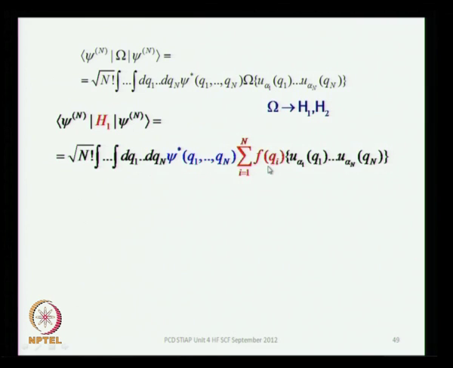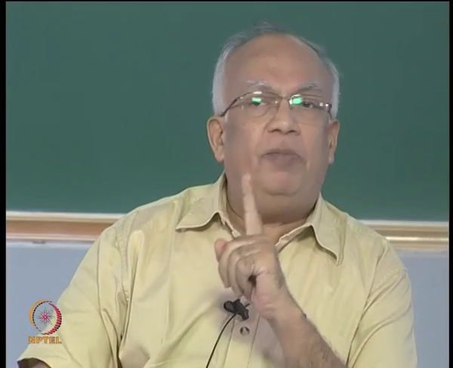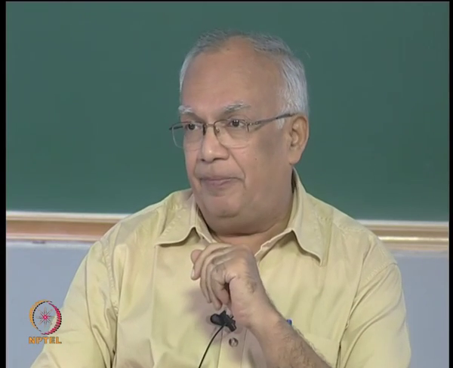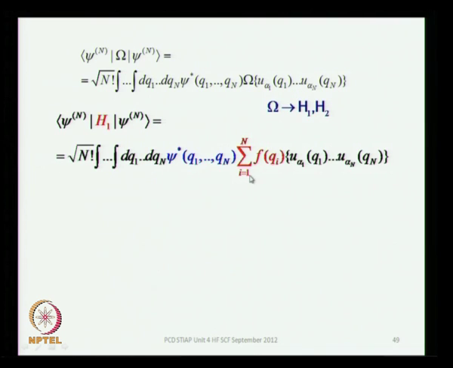So f of q1 is that single particle operator, which is the sum of the kinetic energy part for the ith electron plus the potential energy of that electron in the field of the nucleus, that is f. So f of qi, summed over i from 1 through n, is your operator H1,